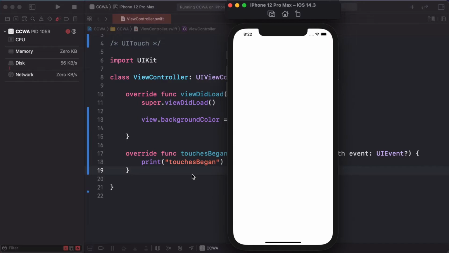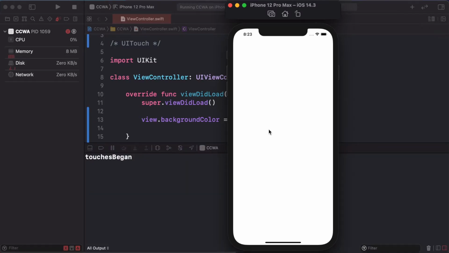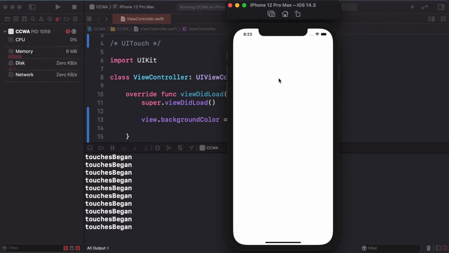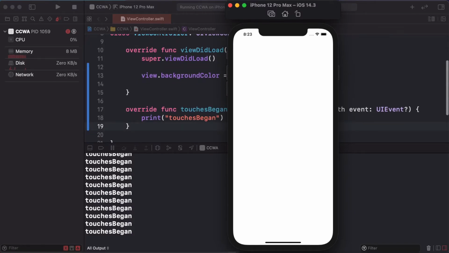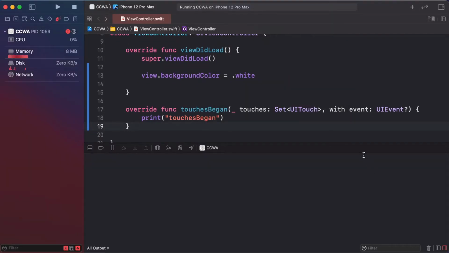No extra gesture method needs to be added. This is only the default provided. Click and tap on our view to call this method. And the second method is